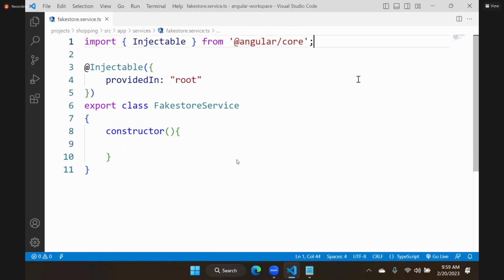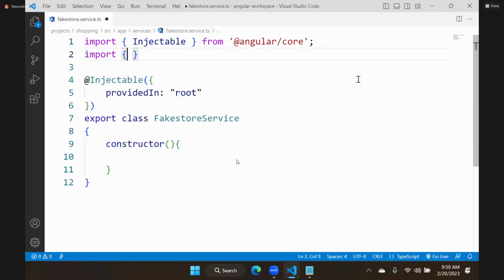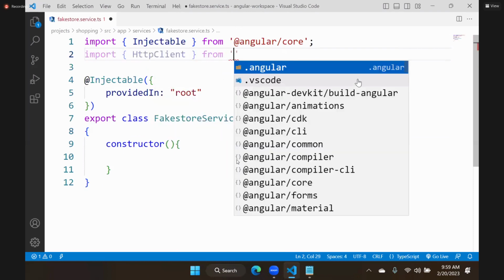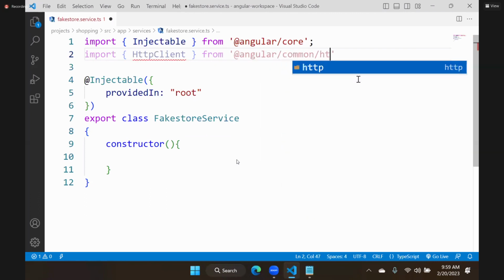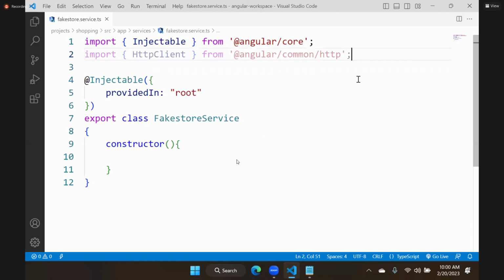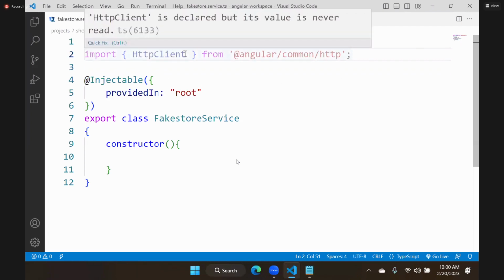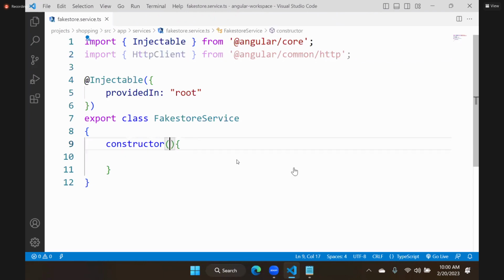That means we have to import HttpClient, from which location? Angular common http. From Angular common http, we have to import the client. This is a class. We have to inject this into the constructor. So private http, it is of what type? HttpClient. Now here we will create a method called